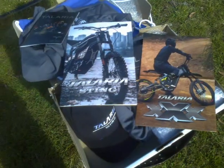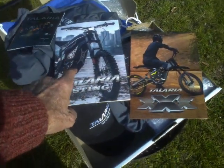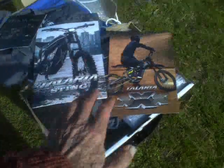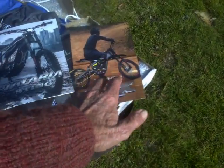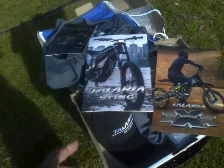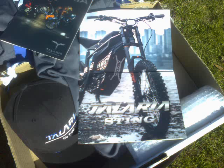But funny sort of thing, when you ride a street legal Sting, not many people really want a brochure for the off-road Sting, and I had trouble giving away the brochures for the XXX. So I can't show you the brochure which I used to have, which illustrated the bike that I possess. Because, you know, bearer of good news, yeah, have a pamphlet, have a pamphlet, have a pamphlet. Oh dear, I haven't got any left for myself. So anyway,